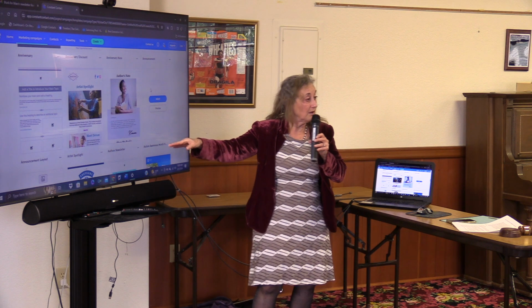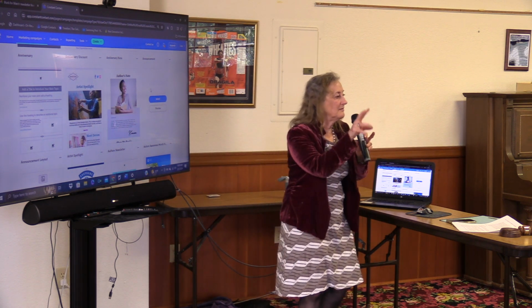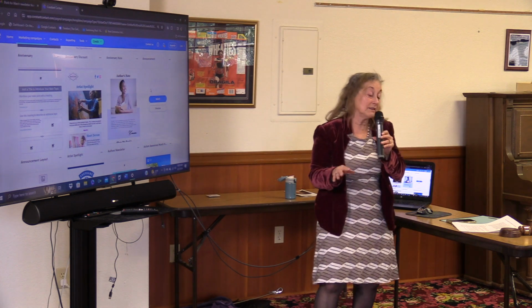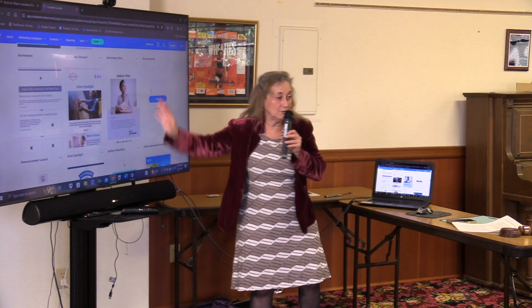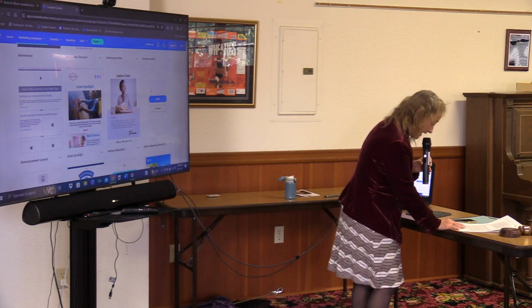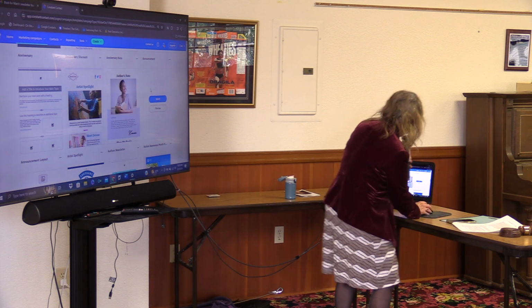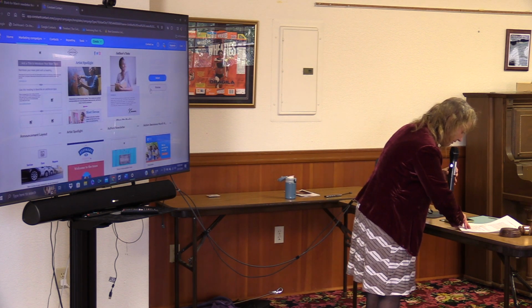You can continue down, adding blocks, and I don't have time to show you borders and spacers and all of that. I'd love to, but we have other stuff to go over. So that would be a good one for you. Or you can just start your own from scratch. So that's how you create it. And I think that might be all I want to say here.